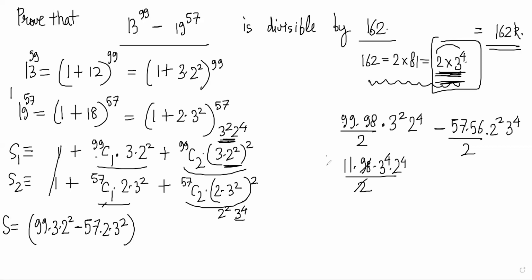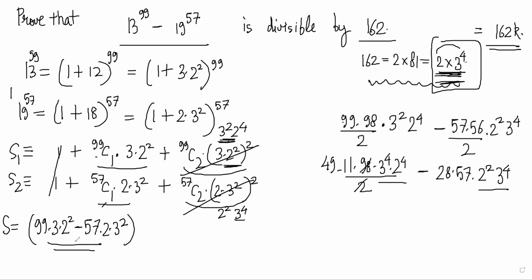And 2 can be used in 49, minus here you get 28 into 57 into 2 square 3 4, right? So clearly 2 into 3 power 4 can be taken common from this and from this, right? Are you understanding what I'm saying? So even this term you can take 162 common, right? So now all that is left is to check whether this term is divisible by 162 or not, the